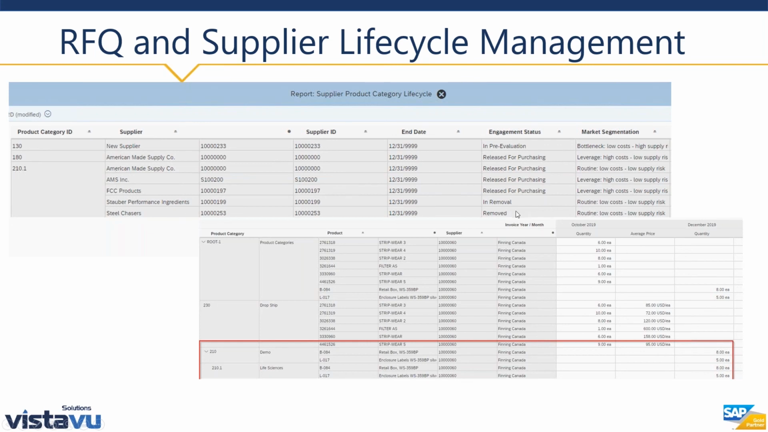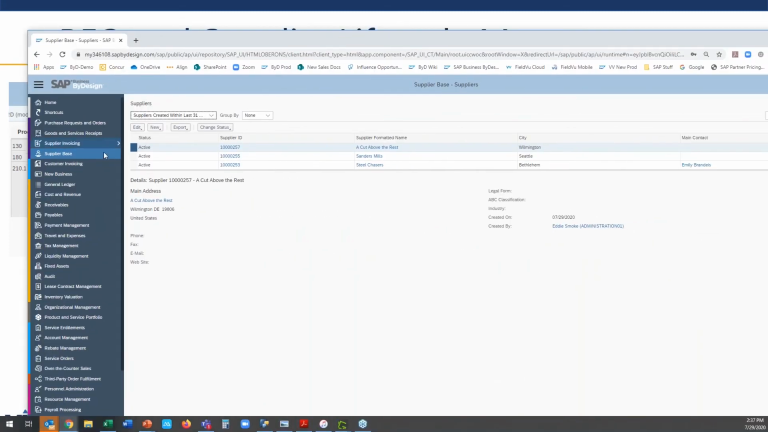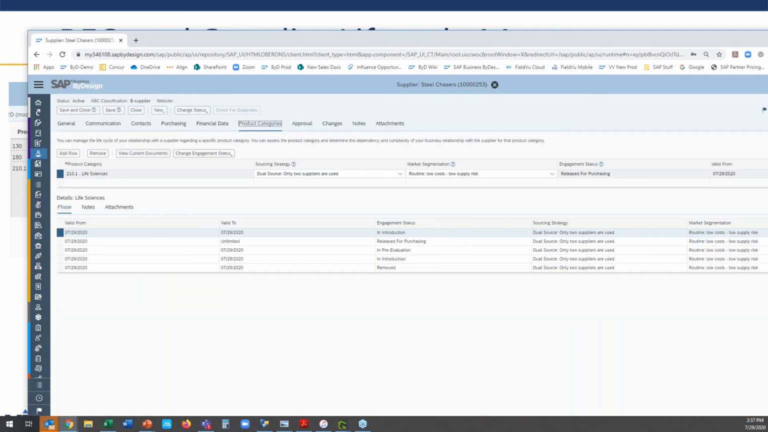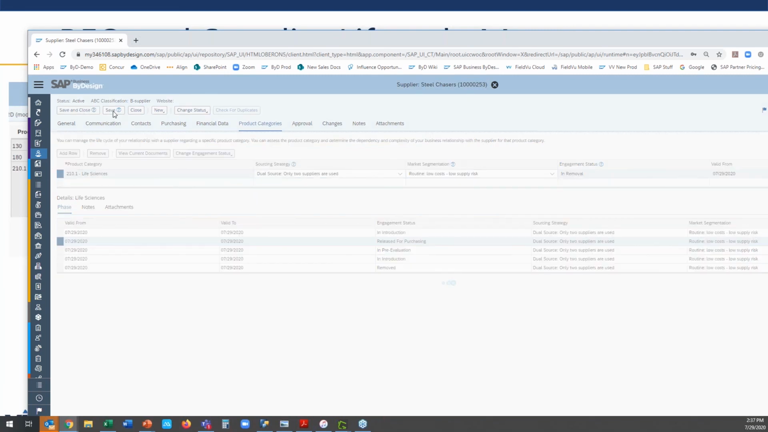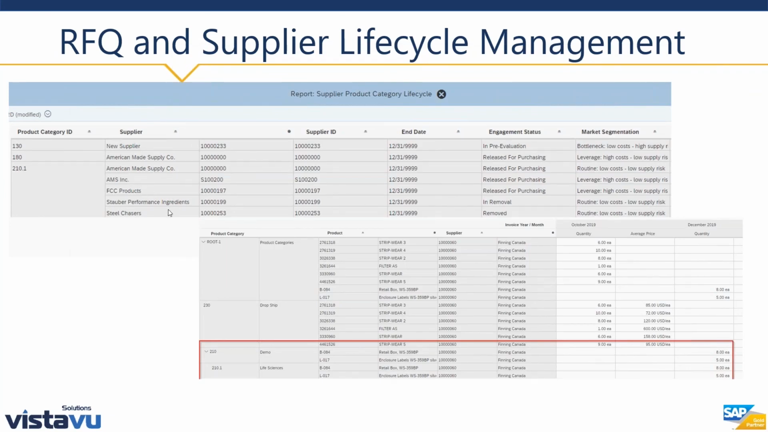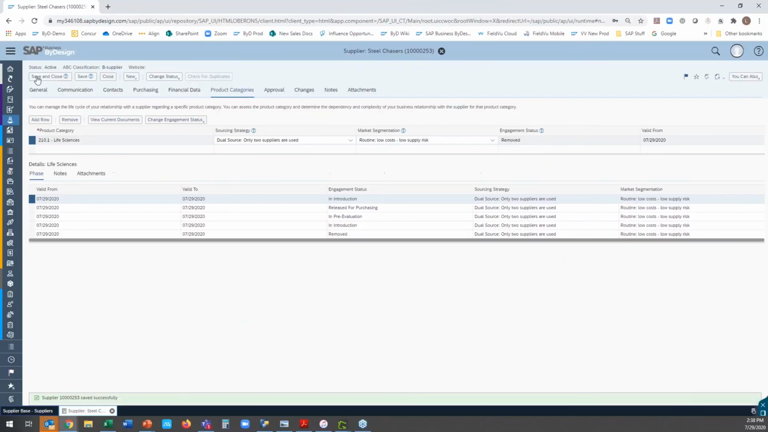And I've got a few different customers here. Let me just double check that we've got our Steel Chasers still on our removal status here. All right. So we're going to change this to start removal. We're going to remove this guy from our list just to align this with the report. And so you'll see that I've got American Made Supply, AMS, FCC, Stauber, and Steel Chasers. And then Steel Chasers is going to be removed, but these guys are released for purchasing, and this guy's in removal. If I go into my system now and create a new